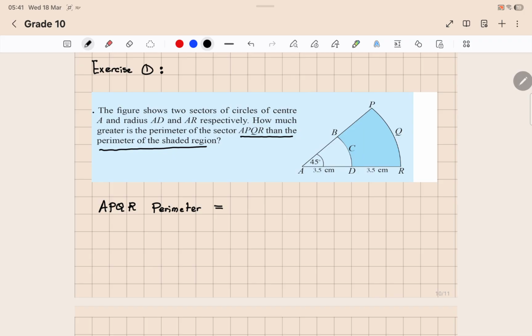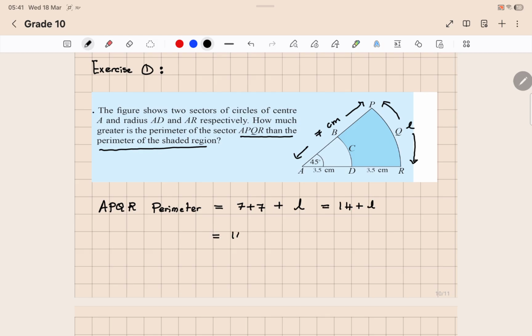AR and AP, which are the radius, both are 7 centimeters. So 7 plus 7 plus the arc length PR we need to find. So now we have 14 plus L,